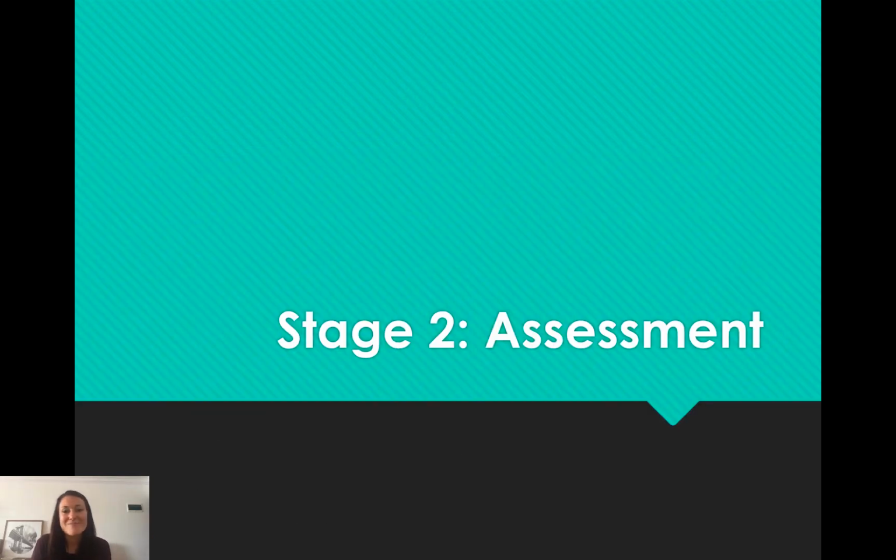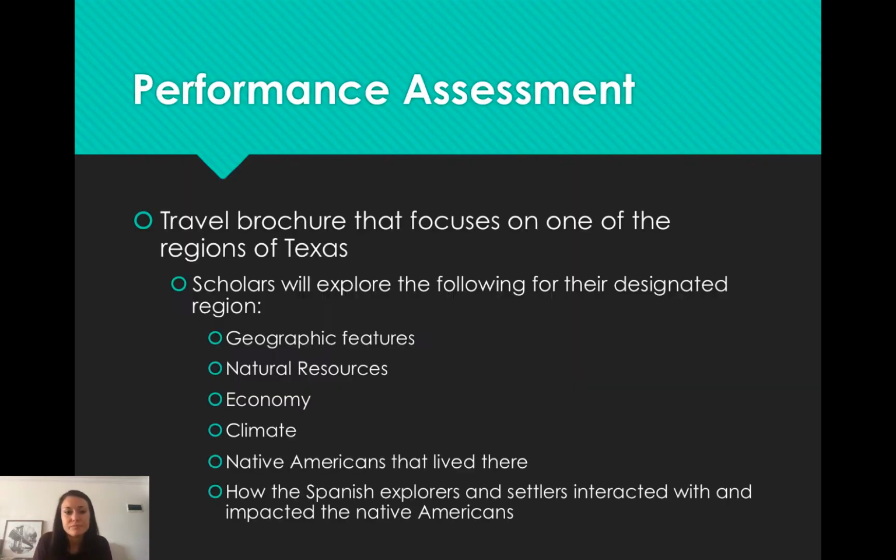All right, we're going to go ahead and move on to stage 2. This is the assessment, the summative. So this is ultimately our day-to-day, trying to get to this assessment, get our kids to be successful on this end of unit performance task that shows us what they know and that they're able to do something with the content and the skills that they've learned over the course of the unit.